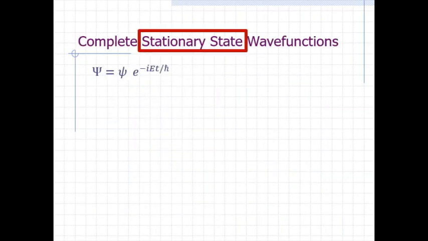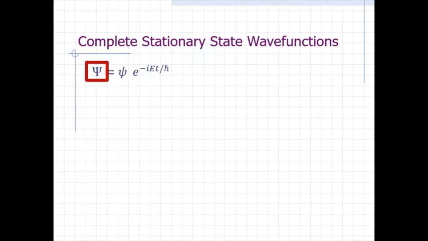For stationary states, the wave function, which depends on coordinates and time and is typically represented by uppercase psi, can be written as a product of a function of coordinates, shown here as lowercase psi, and a function of time, which is of the form e to the negative iEt over h bar. By solving the time-independent Schrödinger equation, we found that for a free particle, lowercase psi is equal to c1 times e to the ikx plus c2 times e to the negative ikx.